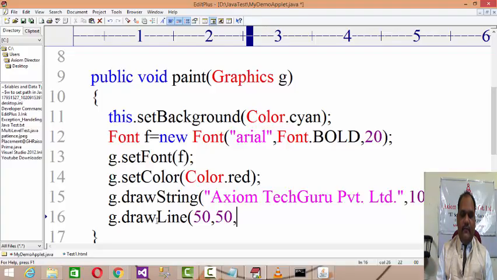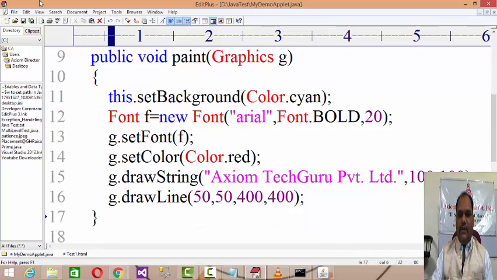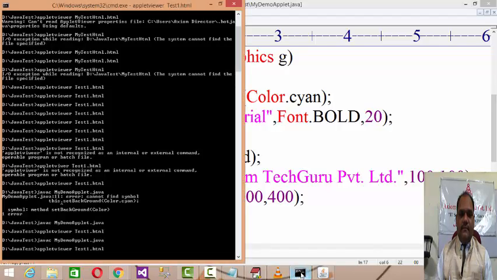It's like, let's say 400 x and similarly 400 y. So you can use g dot drawLine, right, 50, 50, 400, 400. So it will pick up the coordinate 50, 50 over here, and 400, 400 over here, and it will generate the line for that. Let's test this.